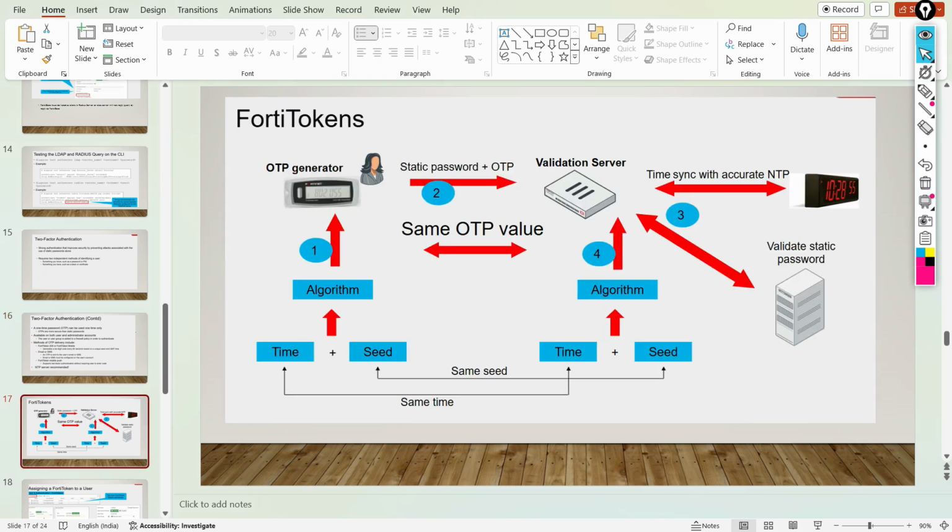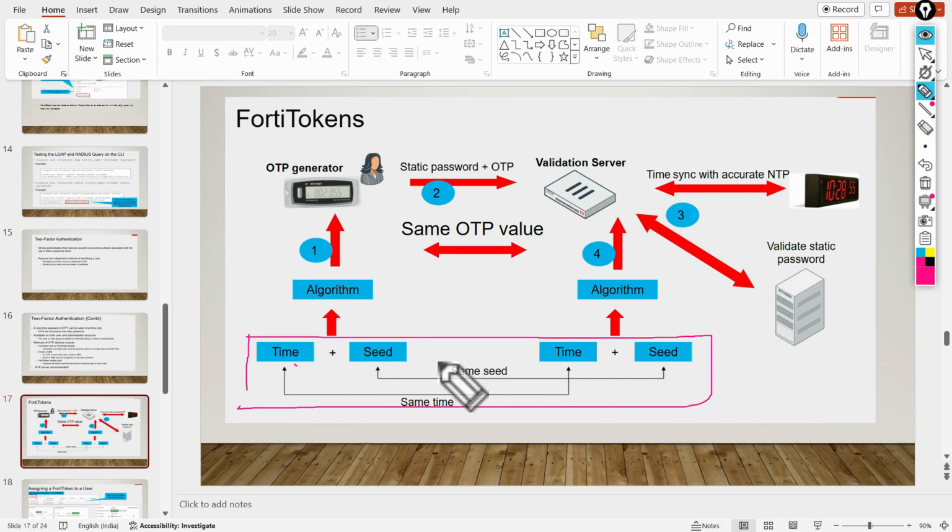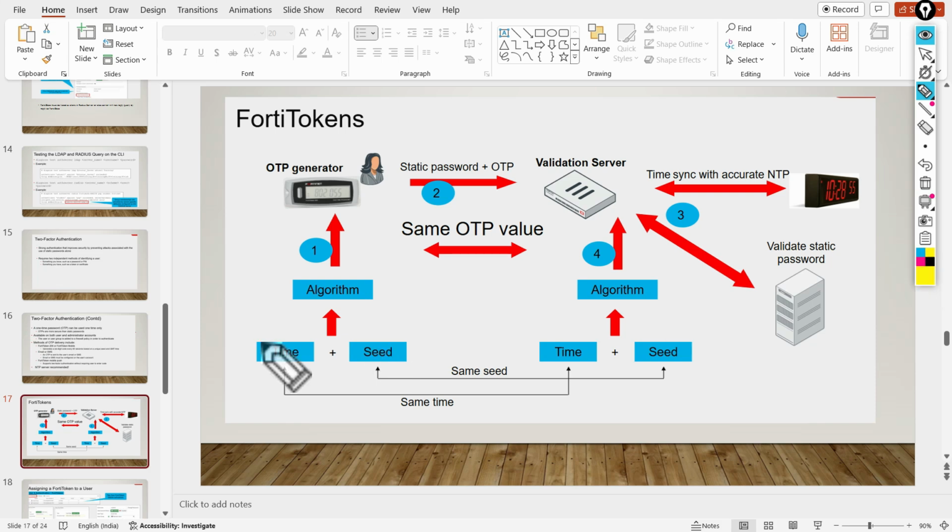In this slide, this is the working of FortiTokens. The mechanism has two components: the first is time, and the other is the seed. Using time plus seed, the OTP-generating device generates an OTP password.